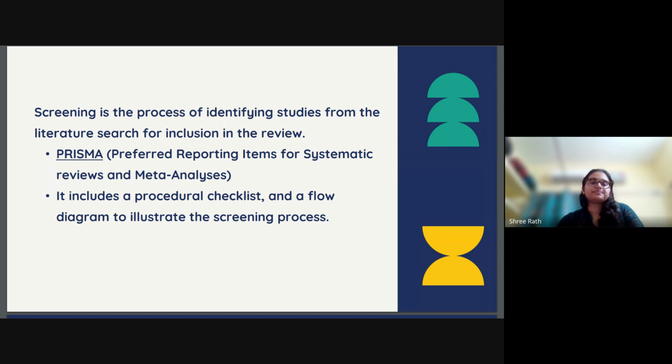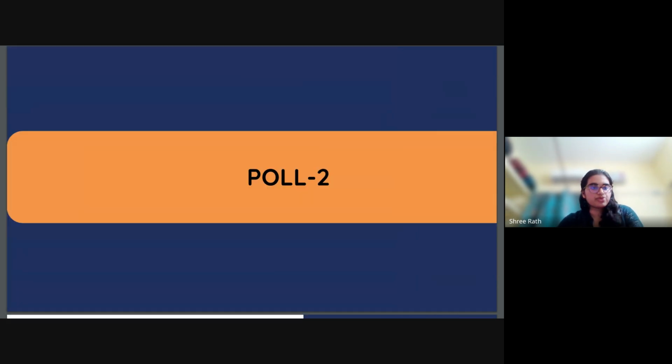So PRISMA includes a procedural checklist and a flow diagram to illustrate the screening process. So before I go into the details of PRISMA,